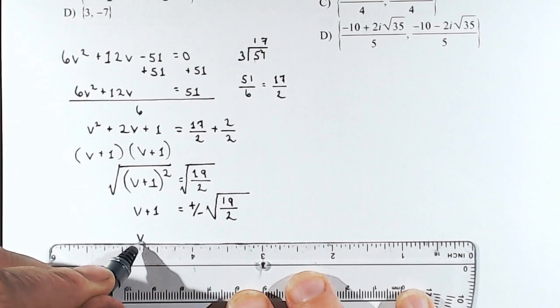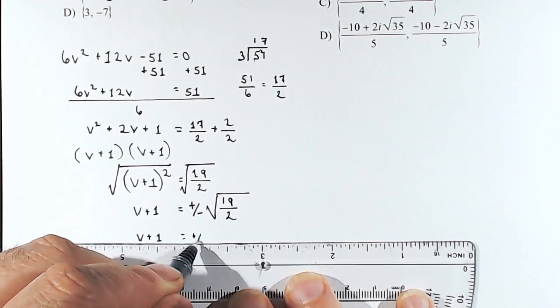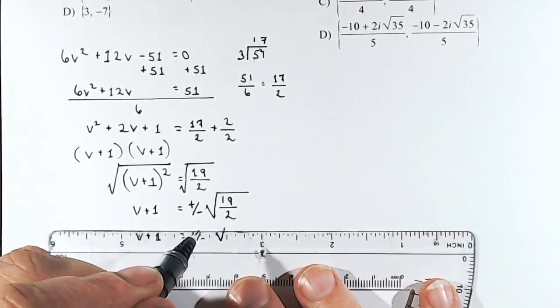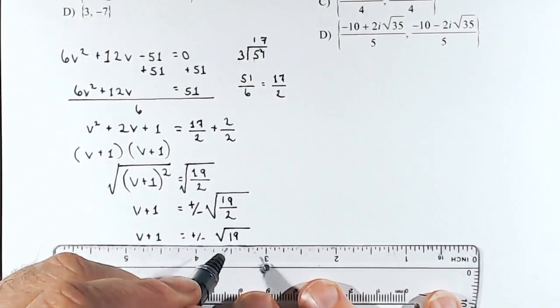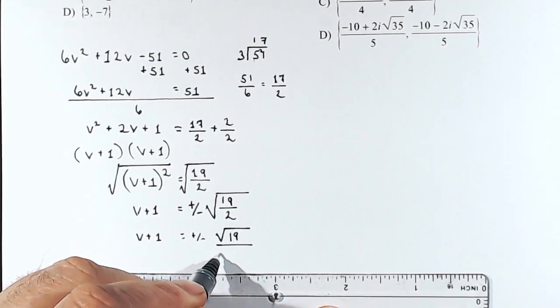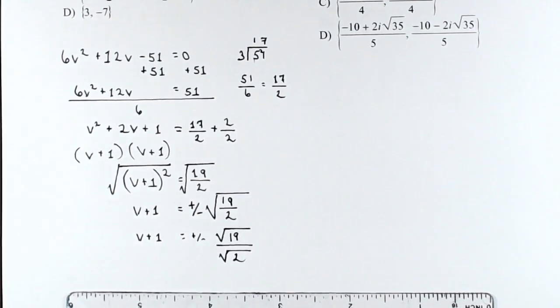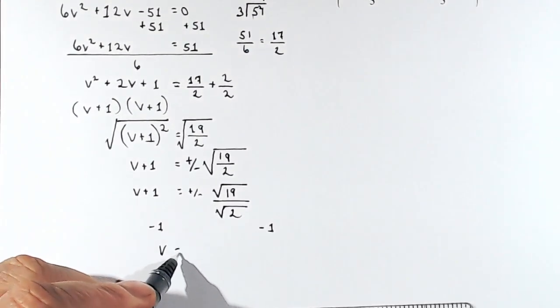So I'll put v plus 1 equals plus or minus the square root of 19 over the square root of 2. Okay? And now I will subtract 1 from both sides. Okay, so now I have v by itself. V is equal to